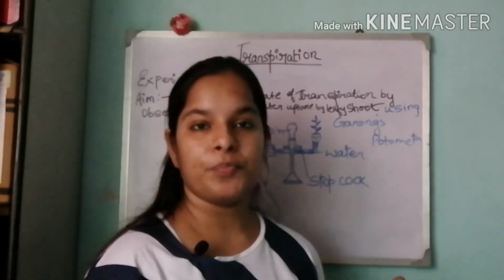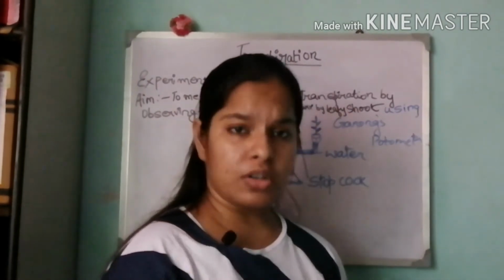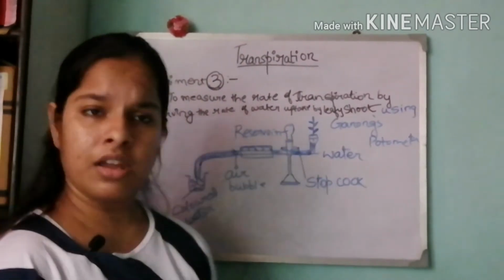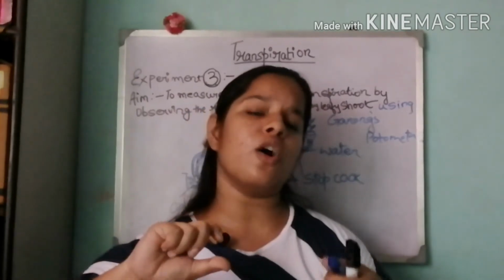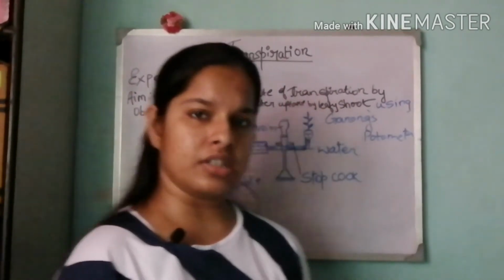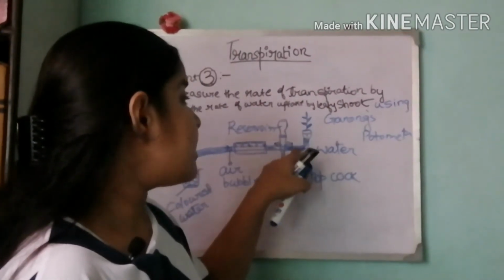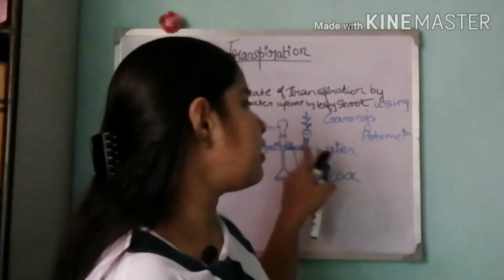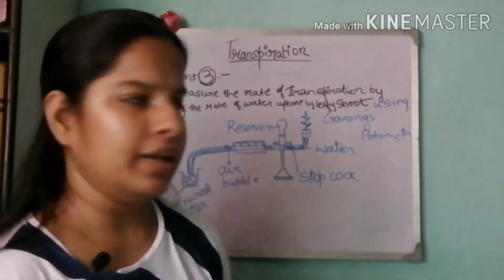This is a stop cock. What does a stop cock do? It stops passing the fluid into this capillary, and whenever we open this stop cock, the water will start flowing from the reservoir. What we have in this is the colored water in the beaker, remember, and the normal plain water in this capillary.